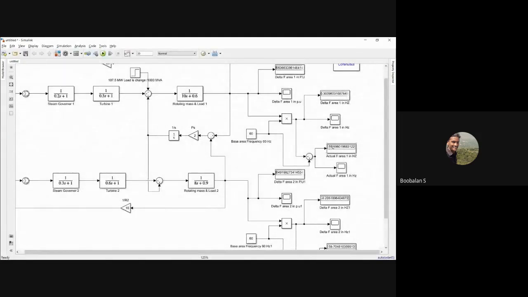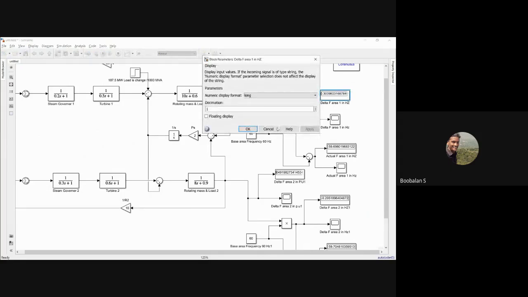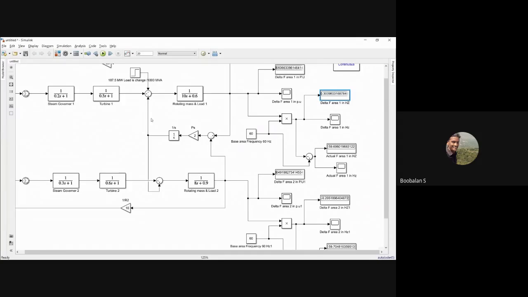Yeah, you could see my actual frequency is now 0.3 hertz dropped due to my 187 load changes. My actual frequency has dropped to about 59.69 from 60 hertz. 60 hertz எவ்வளவு drop ஆயிருக்கு, 0.3 frequency is getting dropped. இது நான் I need to compensate with the help of compensators. I need to introduce a compensator. That compensator is going to help my steam governor. It will allow more steam into the turbine. It will bring you back to my synchronous speed, and it will also maintain my phase base frequency.